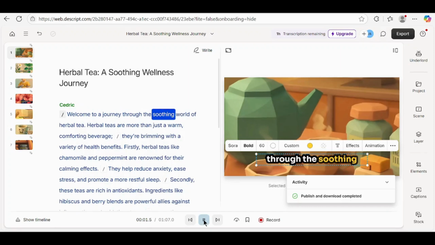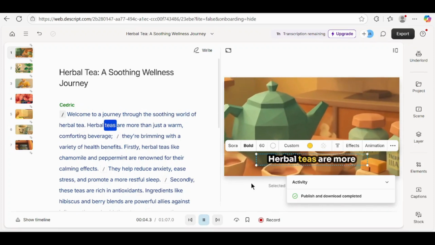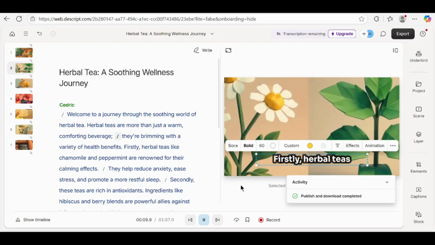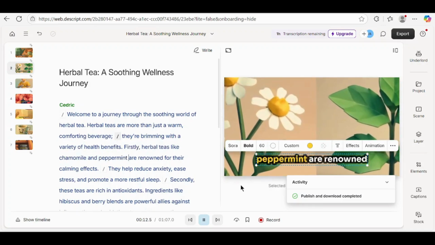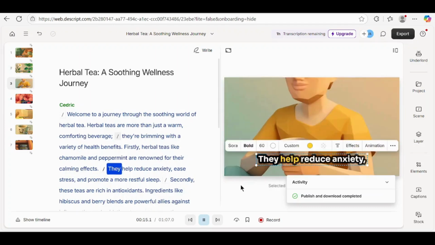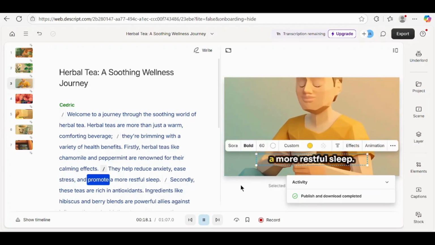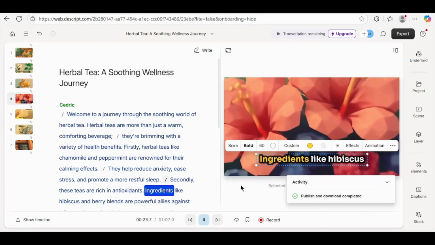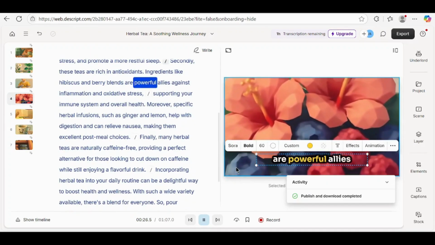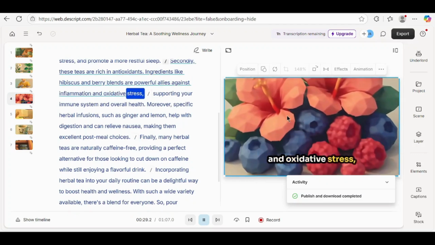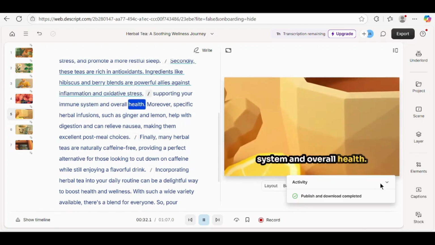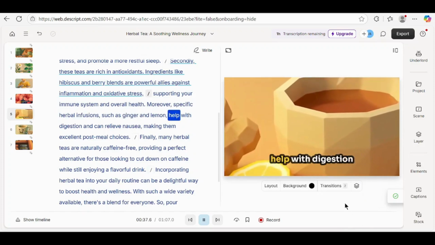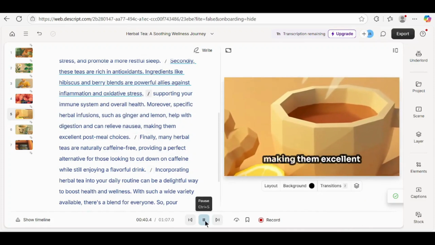Welcome to a journey through the soothing world of herbal tea. Herbal teas are more than just a warm, comforting beverage. They're brimming with a variety of health benefits. Firstly, herbal teas like chamomile and peppermint are renowned for their calming effects. They help reduce anxiety, ease stress, and promote a more restful sleep. Secondly, these teas are rich in antioxidants. Ingredients like hibiscus and berry blends are powerful allies against inflammation and oxidative stress, supporting your immune system and overall health. Moreover, specific herbal infusions, such as ginger and lemon, help with digestion and can relieve nausea, making them excellent